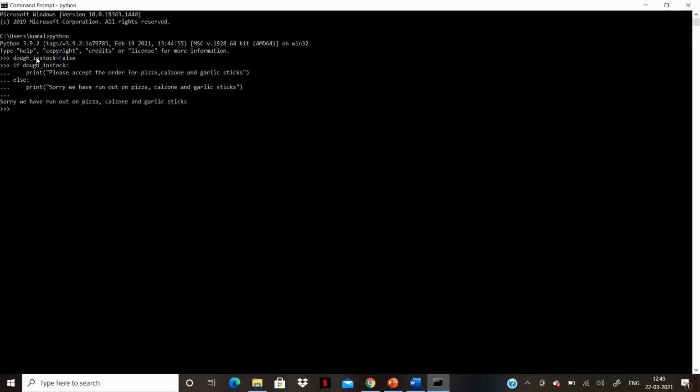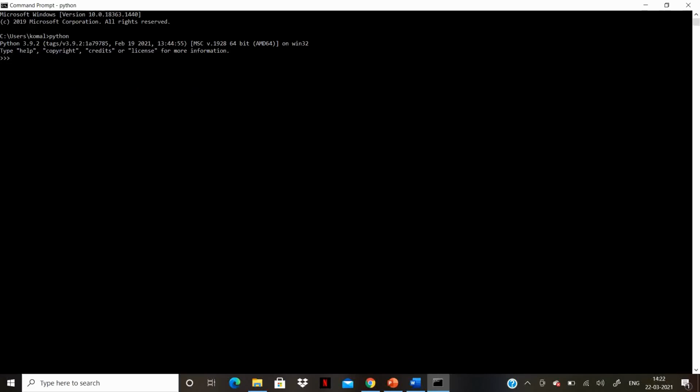This example shows that if you set the variable in_stock to False and use an else statement as well, a different text can be printed out using the same code, as we can see here.